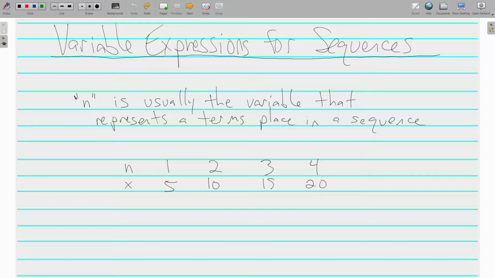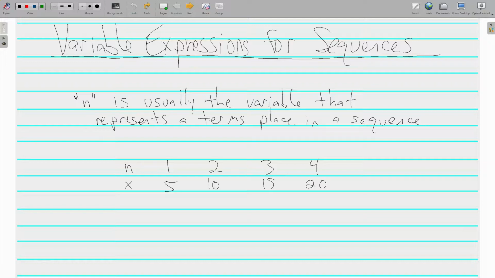Hello, this is Mr. Tipton, and today we are looking at variable expressions for sequences. We've already talked about arithmetic and geometric sequences. Now we're going to solve or evaluate and write expressions for those sequences. A lot of times n, the variable n, is used for the variable that represents a term's place in